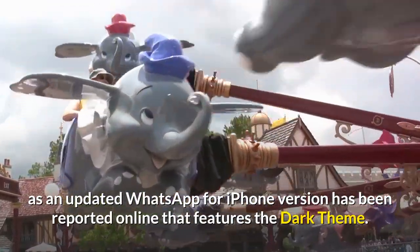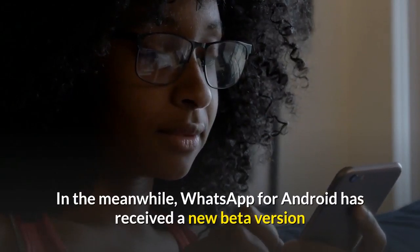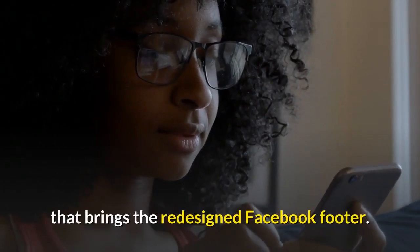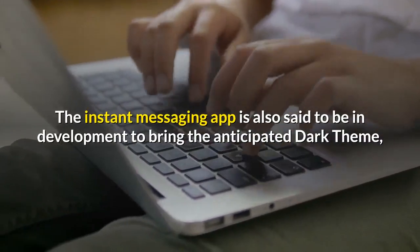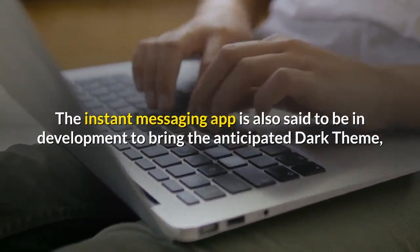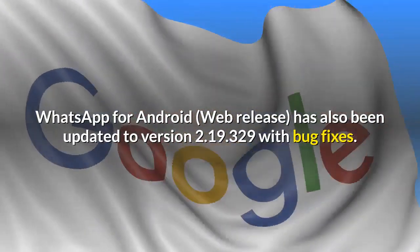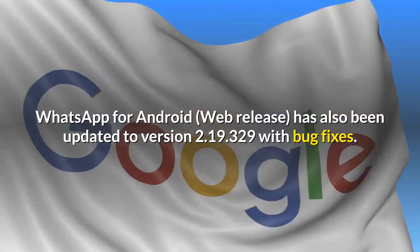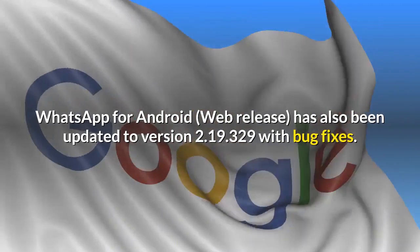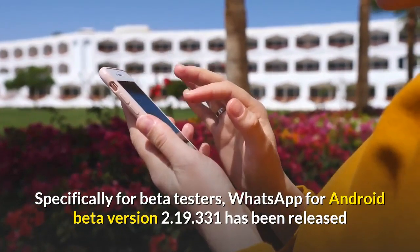features the dark theme. In the meanwhile, WhatsApp for Android has received a new beta version that brings the redesigned Facebook footer. The instant messaging app is also said to be in development to bring the anticipated dark theme, but it's not yet visible publicly. WhatsApp for Android web release has also been updated to version 2.19.329 with bug fixes. Specifically for beta testers, WhatsApp for Android beta version